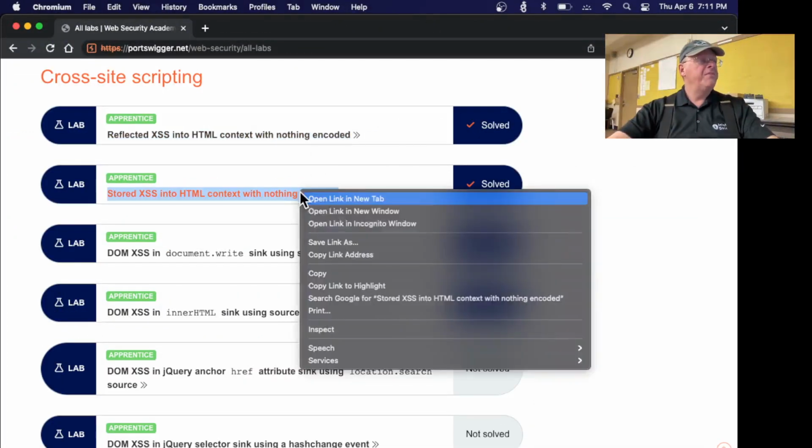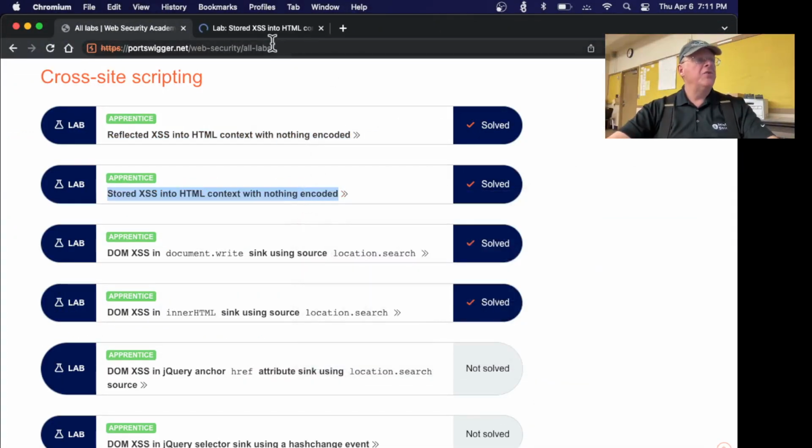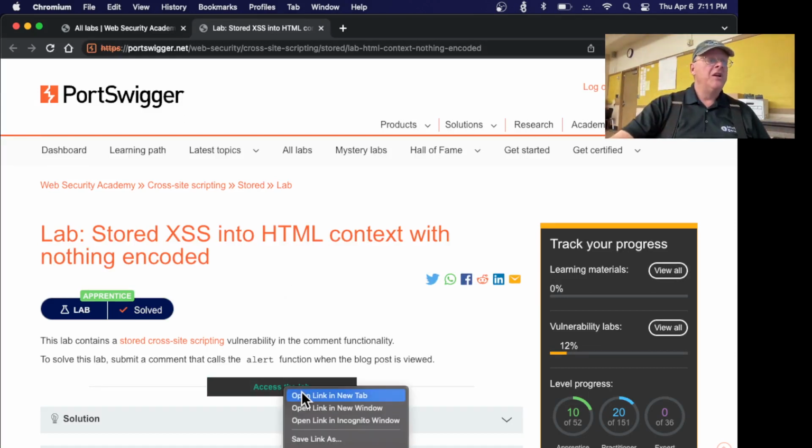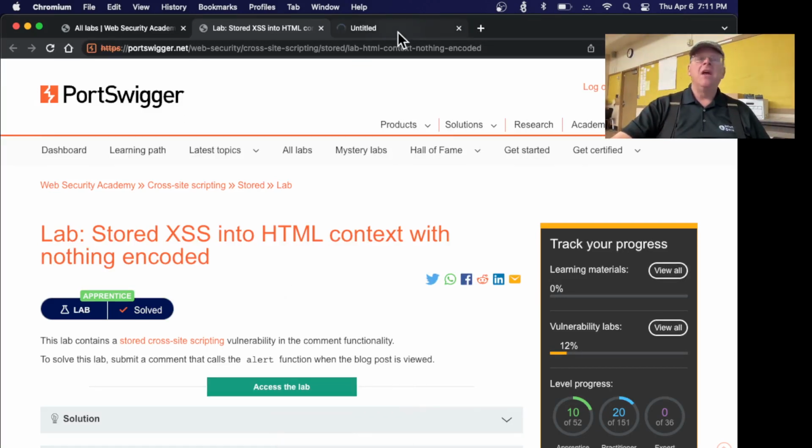Now, the next one is stored cross-site scripting. That was reflected, where you put it in a parameter and it bounces back right on the next page, just once. This one here, you store the data, like the second order cross-site scripting we were talking about earlier, where you store the data and it then may affect many people who use the stored data. So here,